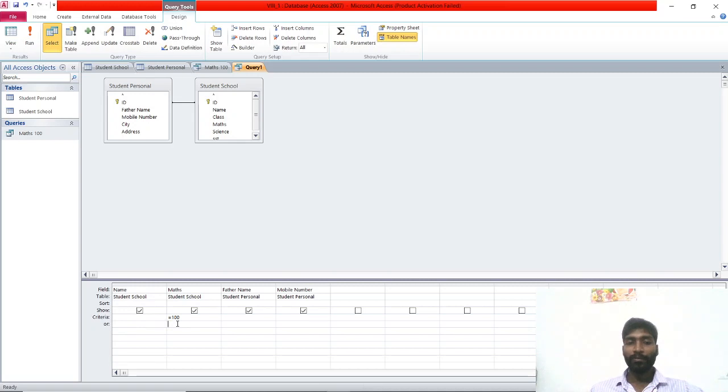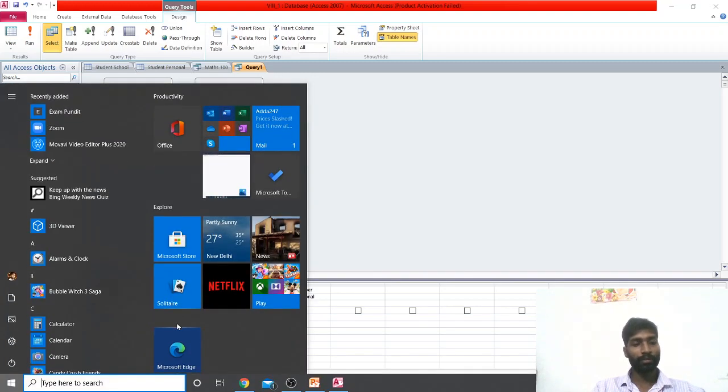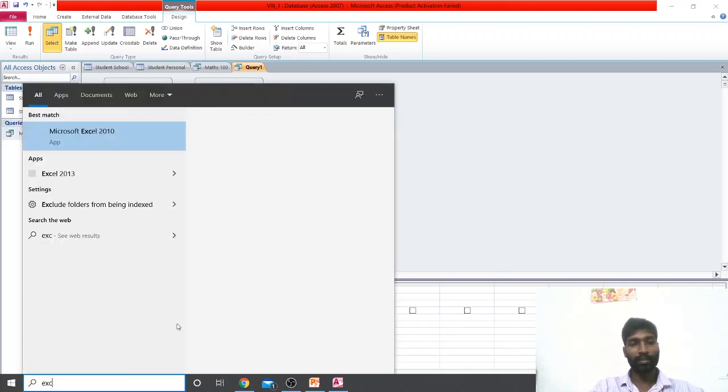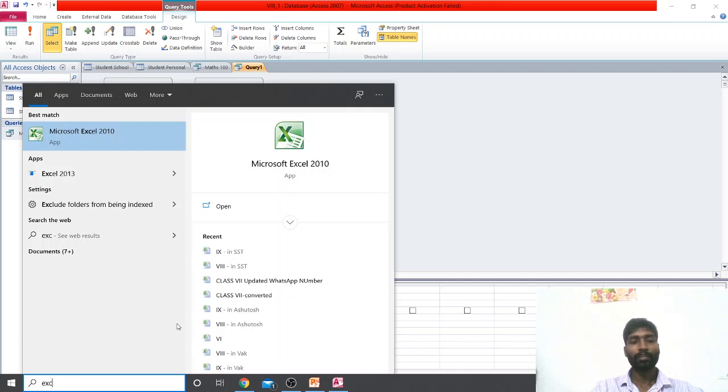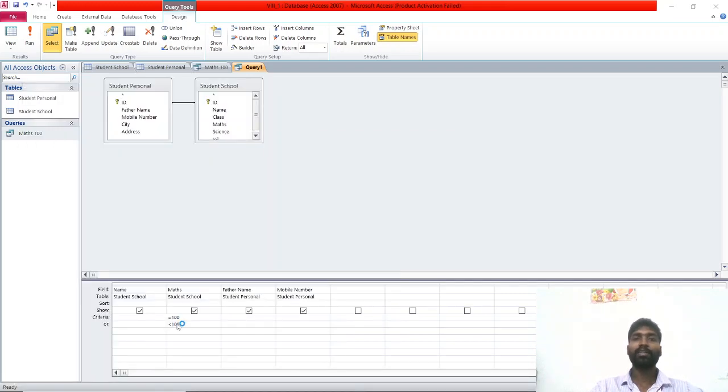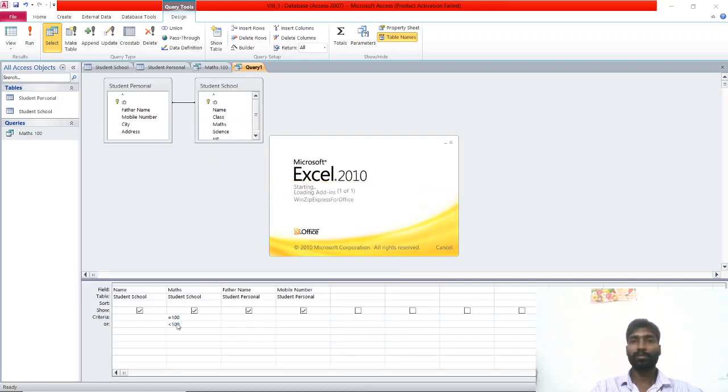So I am going to give less than 10. Students, before going to the condition, you should understand one thing: the logical operators. What are the logical operators?